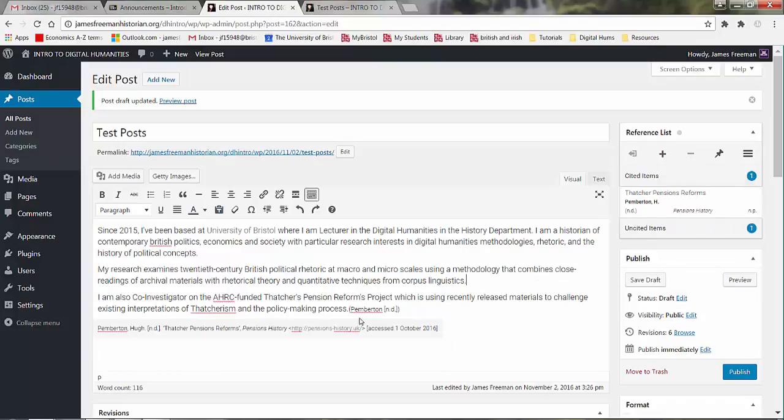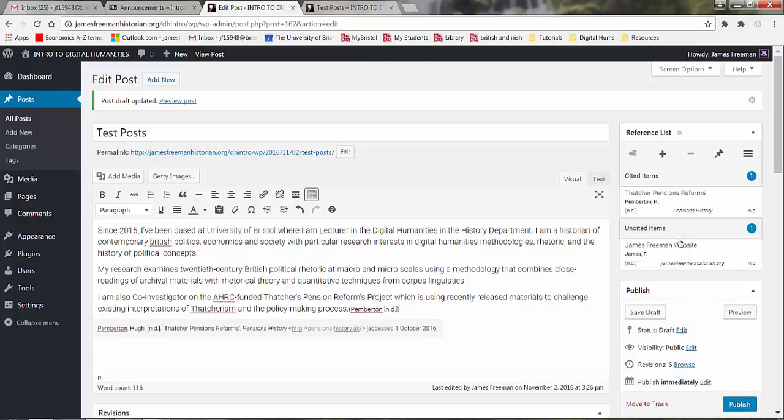I have a list of things that I have cited, that I have put in the post, and then I've got these other uncited items which I've created a reference for. I've given it all the information, but I no longer have it in my post, or perhaps I never had it in the post. So how do I add this in there if there's another point, let's say up here,